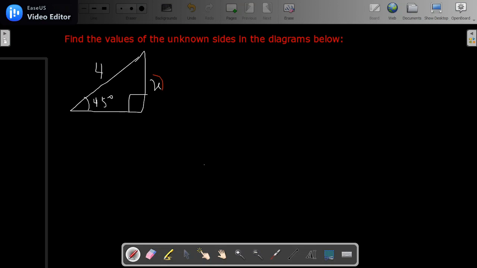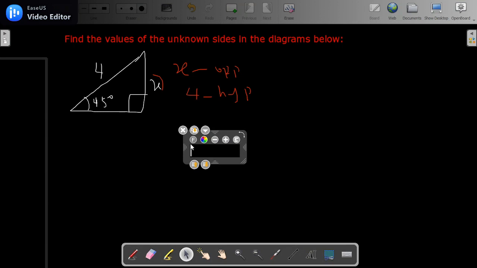So firstly, let's highlight the side. You know that x here is going to be the, since it's the side that faces the angle, the opposite. 4 here is the hypotenuse. Okay, 4 is the hypotenuse. So let's work with this, since those are the only values needed. So what do we do? Here is the angle, 45 degrees, and we know that sine